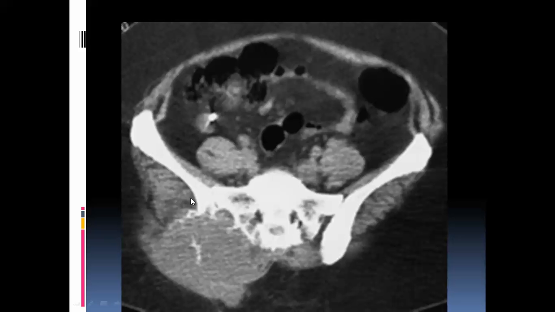Of course, if you find the iliac bone involved in such a process, you are confronted with some differential. In the young, it could be an Ewing. In the old, it could be a chondrosarcoma with these flaky or irregular calcifications within the soft tissue. And of course, you should include metastasis for the adult,